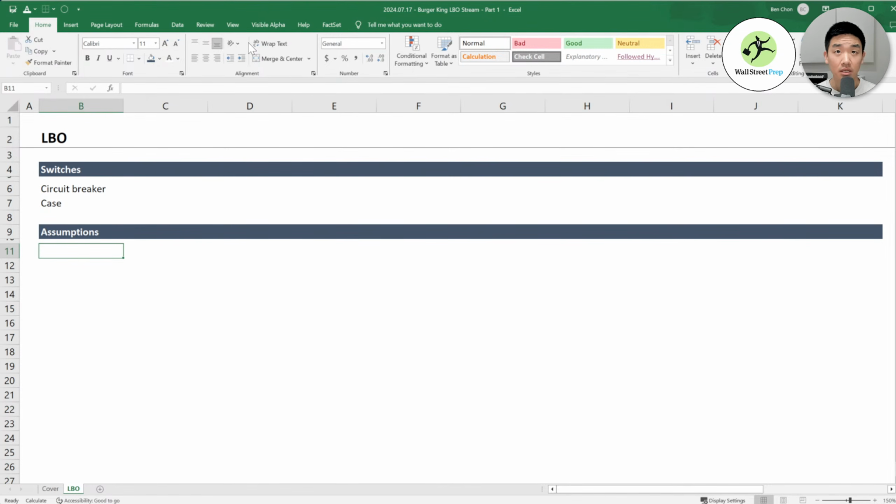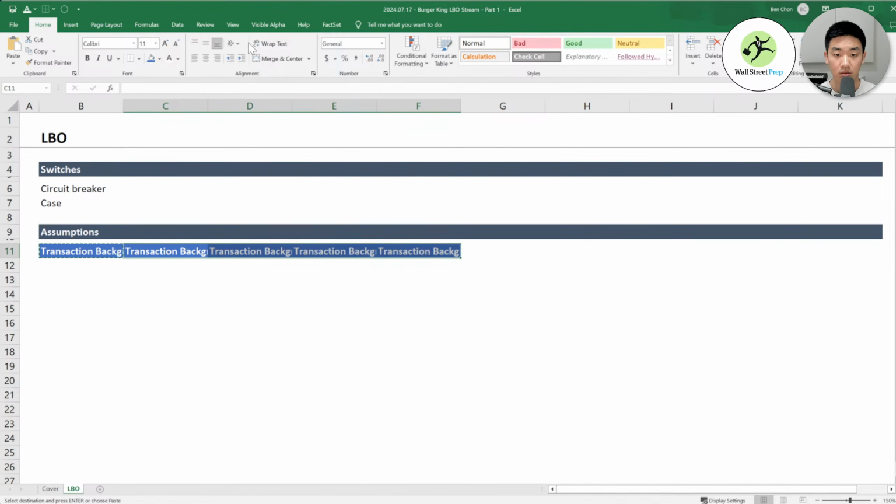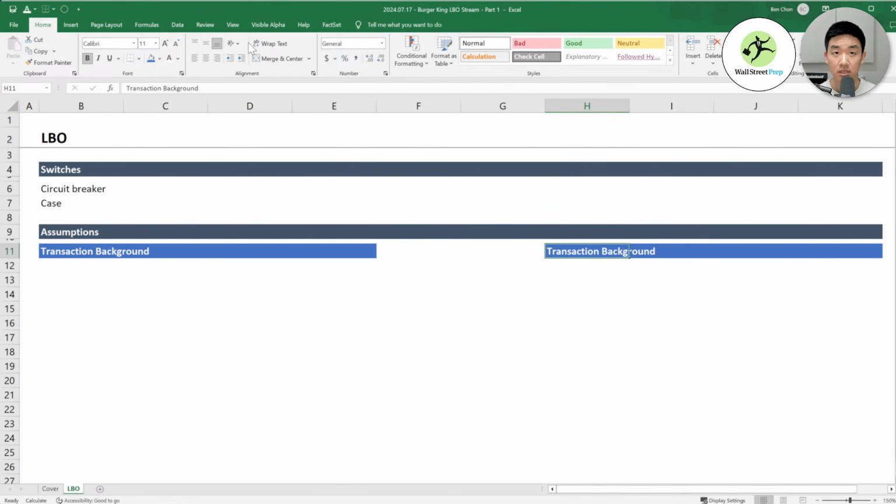Okay, so let's think about the assumptions that we need. We'll call this transaction background. And then over here, we're going to call this evaluation at entry.